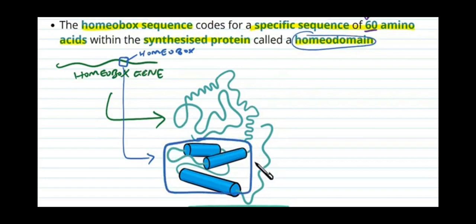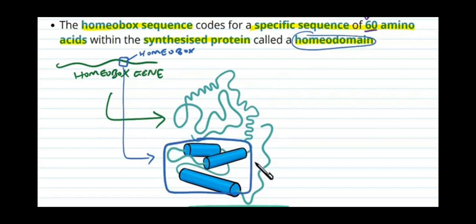So this 180 base pair corresponds to 60 amino acids, that is, a protein that has 60 amino acids. So we can say that the Homeobox sequence codes for a specific sequence of 60 amino acids within the synthesized protein, and this 60 amino acid is called the